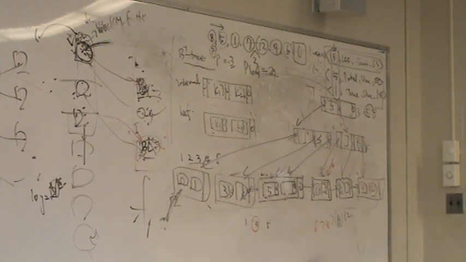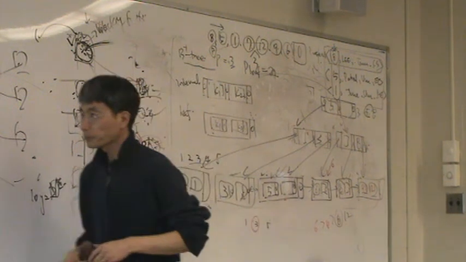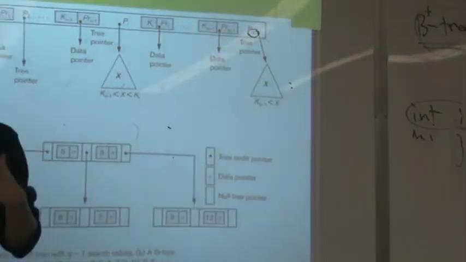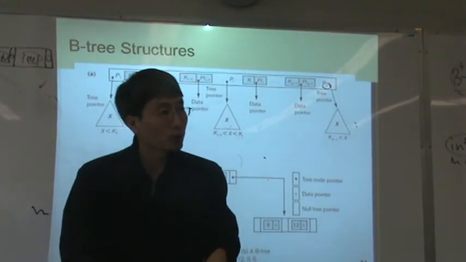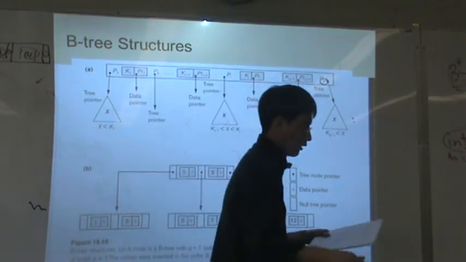Okay, so that is the B plus 3 index. In your project you will implement the B3 index, not the B plus 3 index. So when you go back home, why don't you understand the B3 index first? So for your practice,